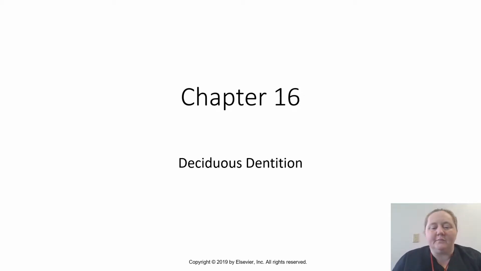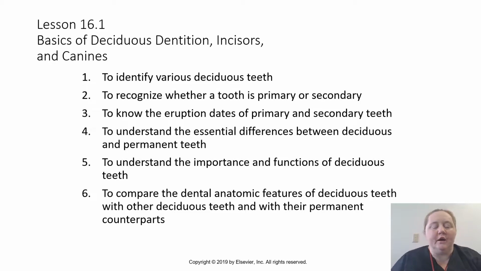All right, let's go over chapter 16, deciduous teeth now, okay? All right, so our objectives for this chapter, and this is what you want to get out of it, is to identify the various deciduous teeth, to recognize whether a tooth is primary or secondary, to know the eruption dates of primary and secondary teeth, to understand the essential differences between deciduous and permanent teeth, to understand the importance and functions of deciduous teeth, and to compare dental anatomic features of deciduous teeth with other deciduous teeth and with their